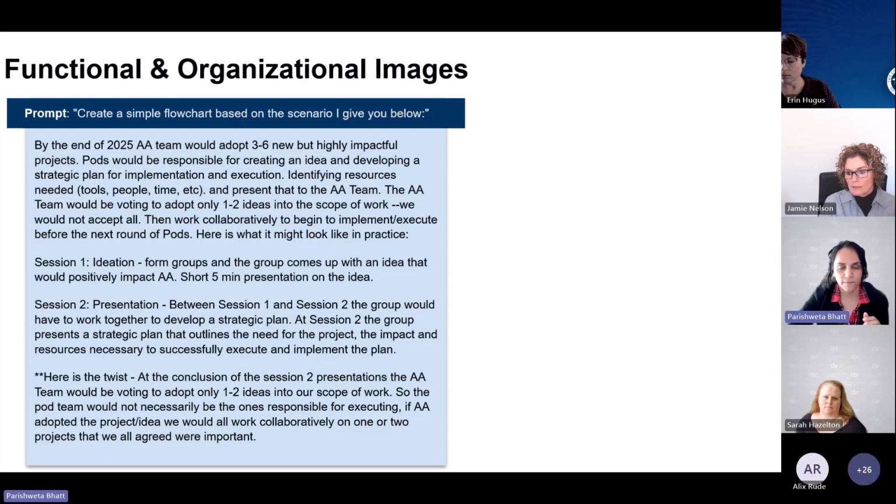And the scenario is, here's this process we want to adopt: 3 to 6 highly impactful projects, and we will work in pods or teams. Initially, there'll be multiple teams, and then we'll come back and do the presentation and stuff like that. So as you can see, it's a lot of text explaining the process. And this is a real-life project that Sarah actually came up with, this idea and this process, the block process, right? And so somebody else in our team wanted a flowchart, and so I asked Chat to create a flowchart for me